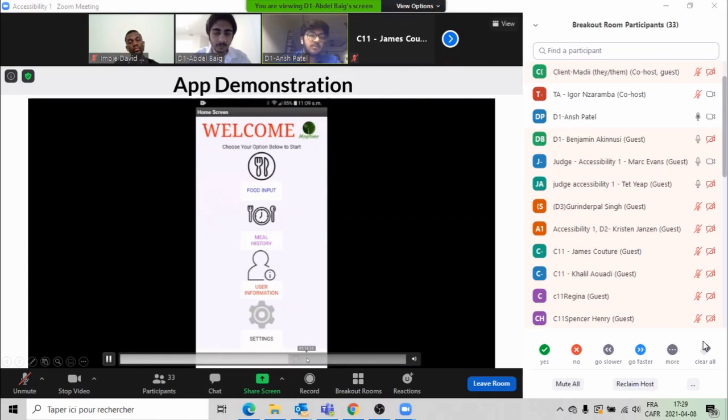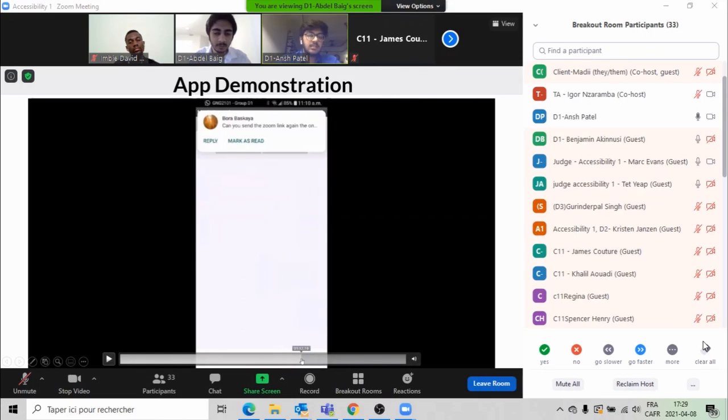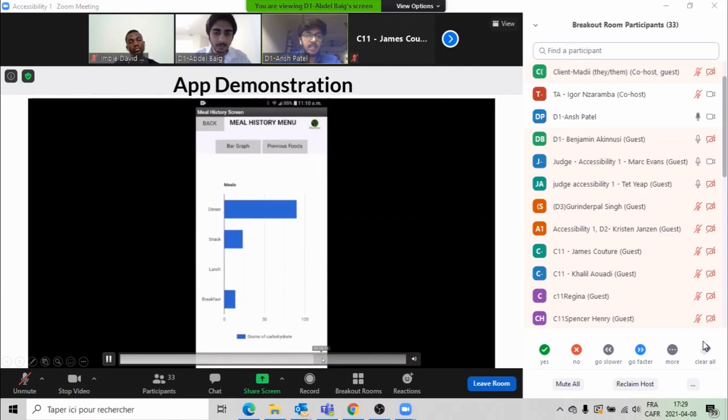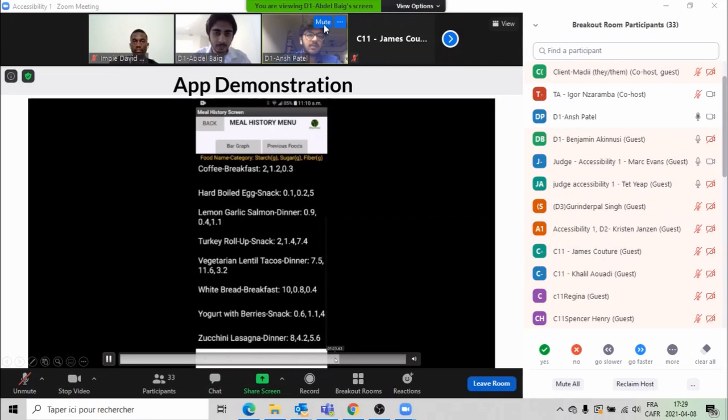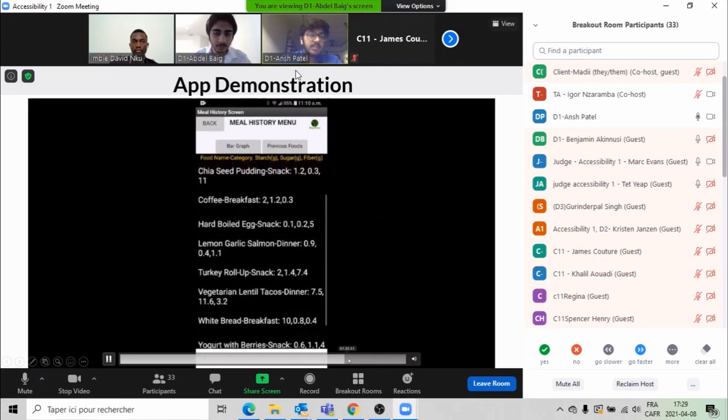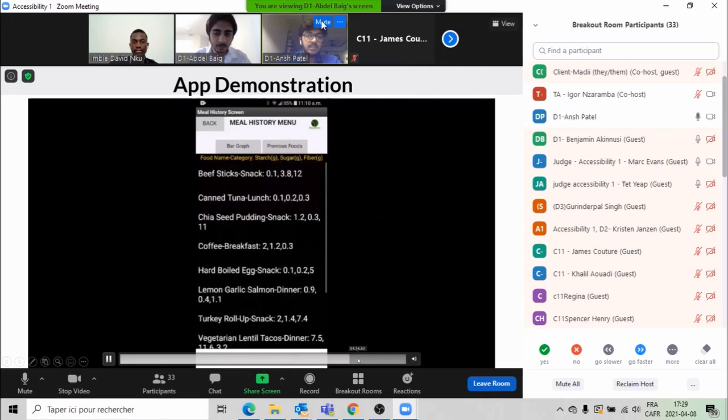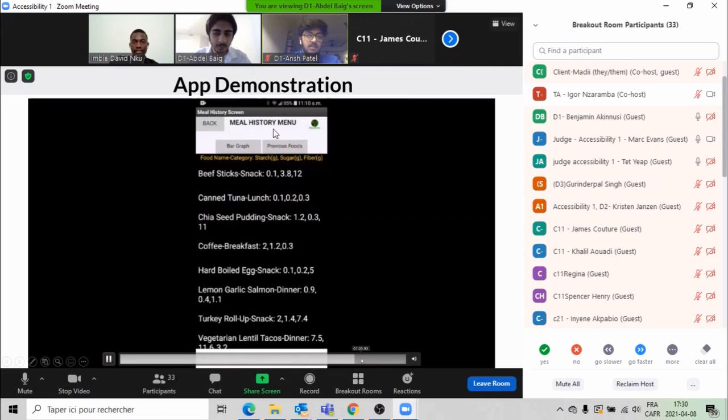And then when we go to the meal history, he can check what has already happened in the past 24 hours, and it pops up as a bar graph. So here you go, there's a bar graph that shows the dinner. He's consuming the maximum carbohydrates during dinner. We also have a database that shows his past input foods, what he has done in the